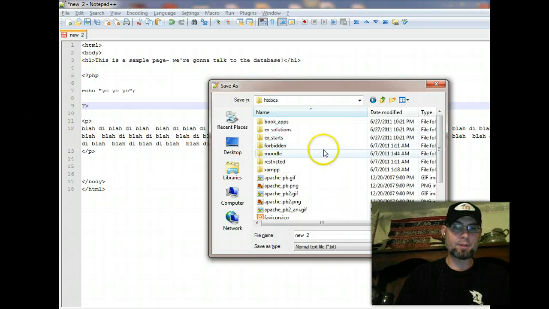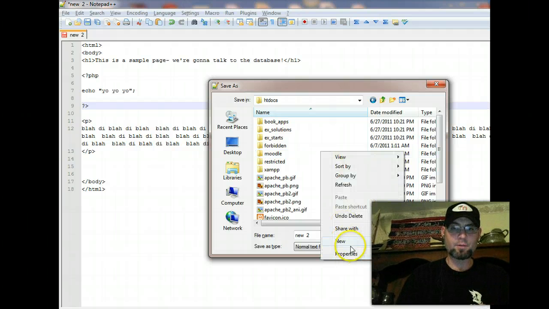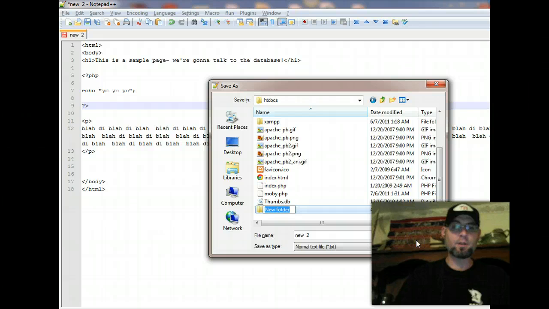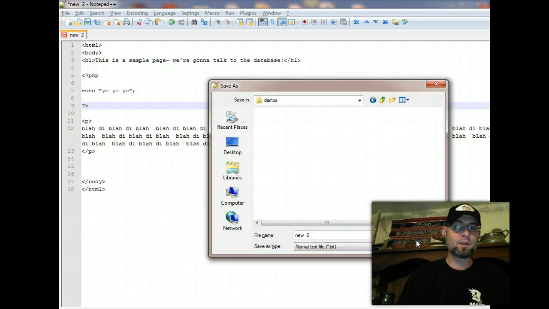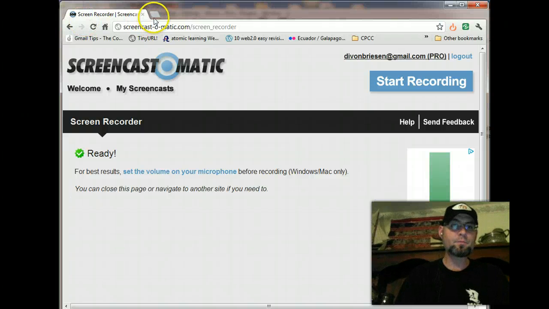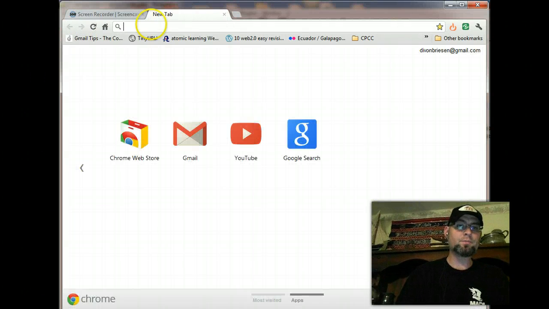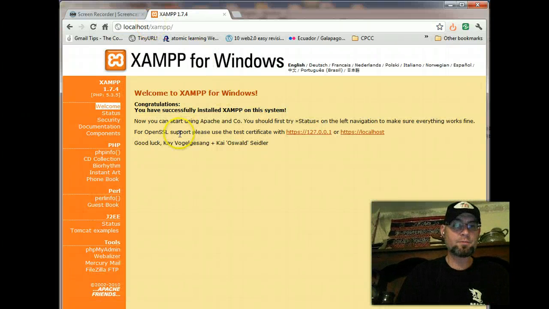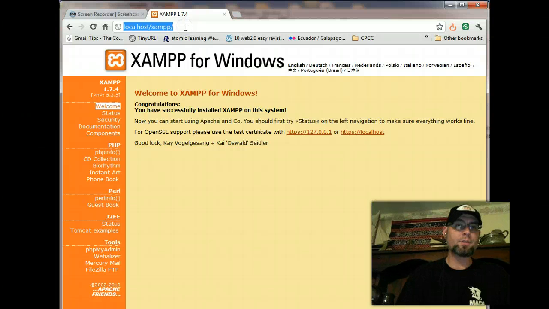And probably a good place here is to put maybe a folder that we can work out of, and I'll call this demos. Go into demos, and I will call this our index.php. Now that I save it, you see you get the color coding. And the way I test it is I go over to the browser and I go to localhost, and in localhost I'm going to go to the demos folder,